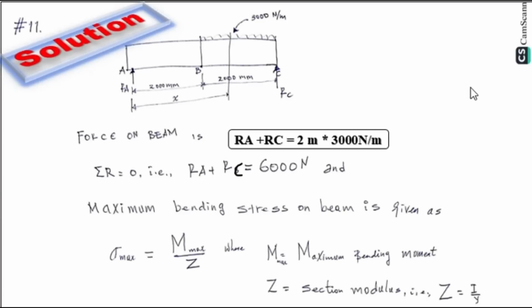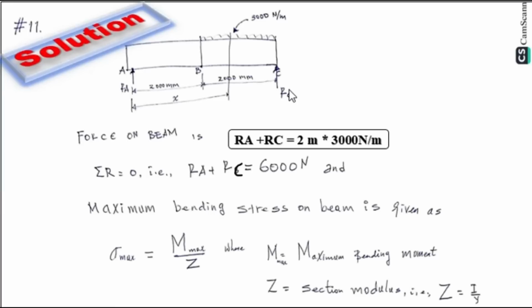This is the solution. Here we have this beam with a uniformly distributed load, and we have a reaction force at point C and a reaction force at point A. We have to take the summation of reaction forces, which is equal to 0, to analyze the reaction forces at each point. So the reaction force at point A plus the reaction force at point C is equal to the load of 3000 Newton per meter